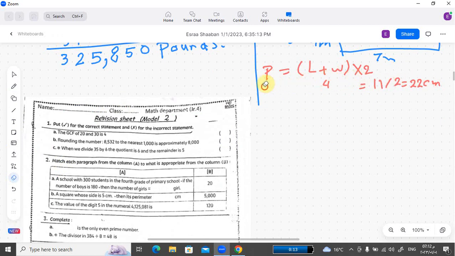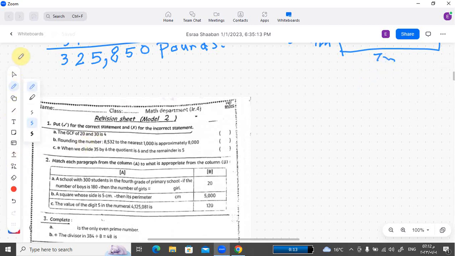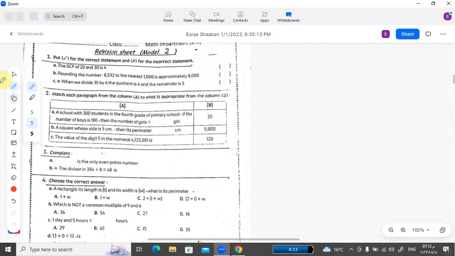the model number 2, let's start with put right for the correct statement and wrong for the incorrect statement. Let's start with question letter A. The GCF of 20 and 30. Okay, so we have